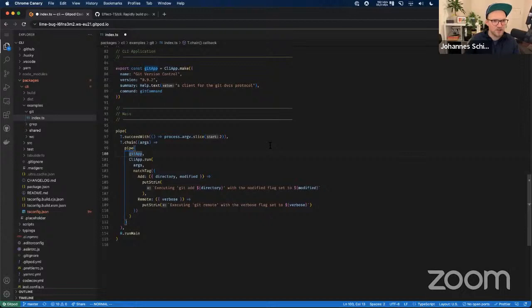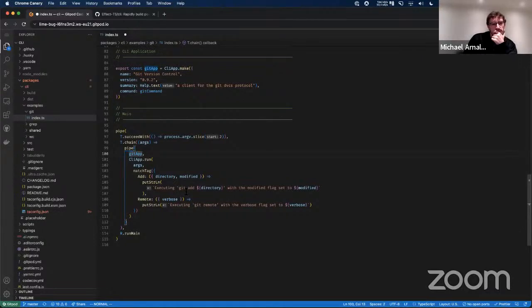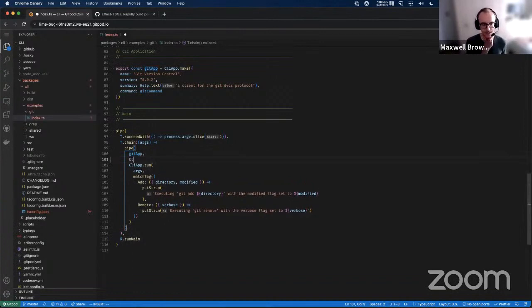I'm kind of keen to know, is there any way to provide implementation of commands in a partial manner? Elaborate, Michael. I'm not sure what you mean. Like provide implementation of add and not the implementation of remove, and provide them in different places. Sure. The only reason it's complaining here is because of the way we've set up the actual run command. But Johannes, if you comment out